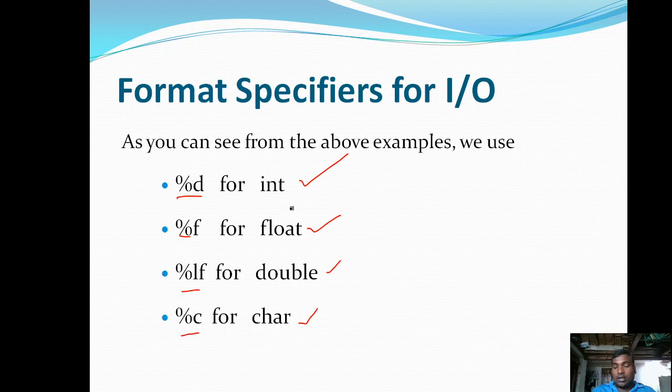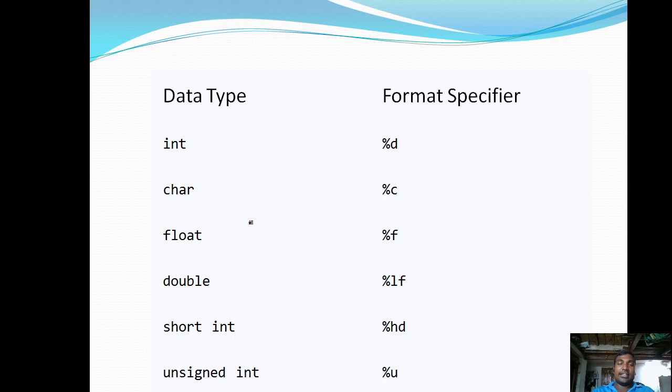Not only these format specifiers, C supports many format specifiers, depending on the number of data types supported by C. Here are the different data types available in C programming, and the respective format specifiers we need to use while handling input and output.